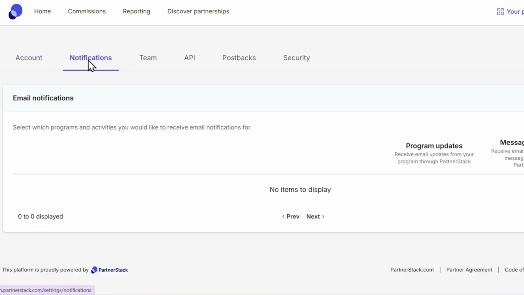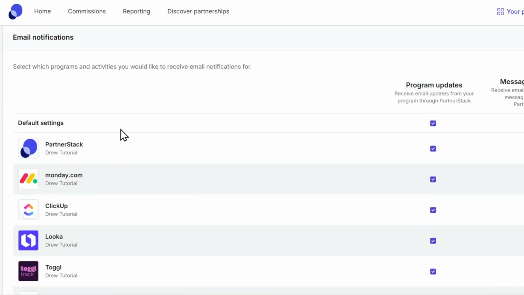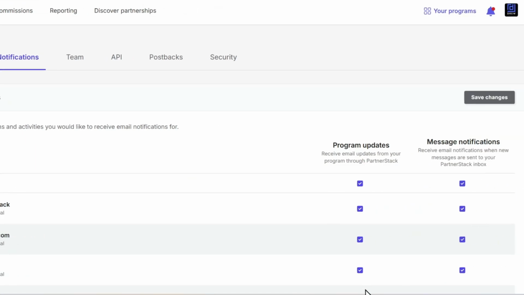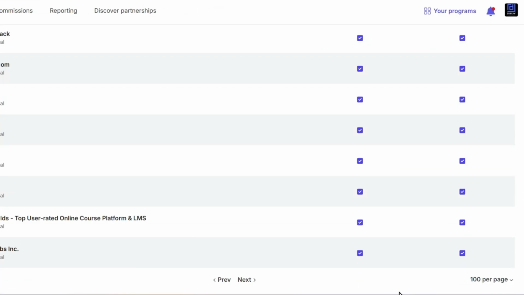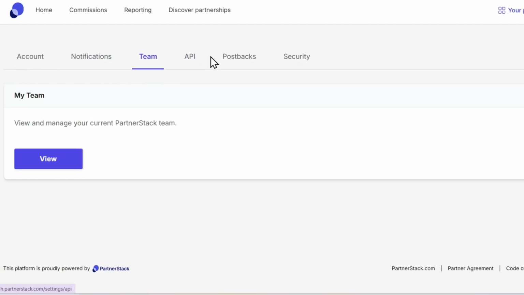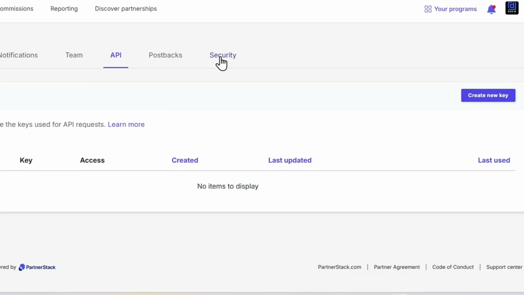You have your notifications tabs right here as well, where you can see all of the notifications for all the partners that you're partnering with, and you can set if you want to receive partner updates or message notification, whichever one you want. You can filter those as you like and click save changes. You have your team right here. You have your API. If you need an API for PartnerStack, you can go ahead and create API keys,